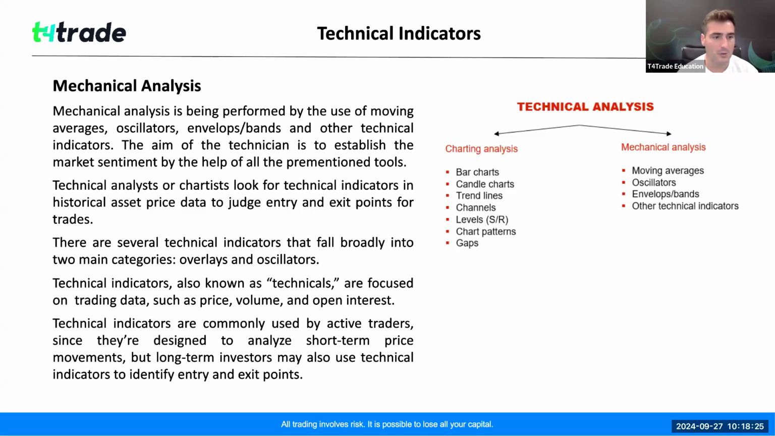Okay, so technical indicators, also known as technicals, are focused on trading data, and this is the important part. What components do these indicators have? One is price, second is volume, and third is open interest, and you have different indicators for each and every one of those. And technical indicators are commonly used by active traders for the majority of the part,